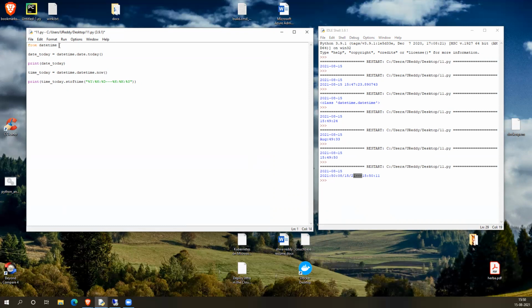From this particular module, import date and also just import datetime. Now I don't need to prepend the module name because it is brought into the current context. I don't need to mention the module name and can directly execute that. You see. So this is a sample demonstration of using the standard libraries.